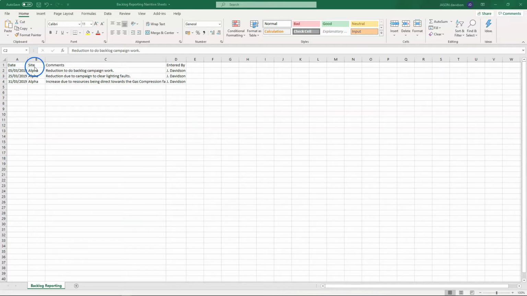I've had to put an extra site comment in here purely because on the report that we're using, we've got three sites. We've got Alpha, Bravo, and Charlie, and we need to be able to identify a unique date and site combination, because the narrative could be different for Bravo and it could be different for Charlie on this particular date. Okay, so we've got the data source and we're going to go and import that into